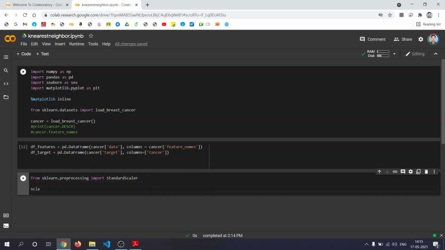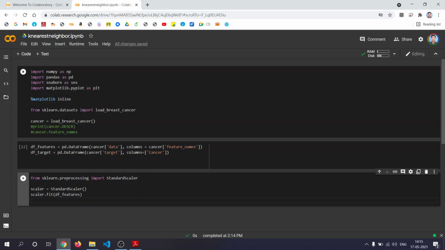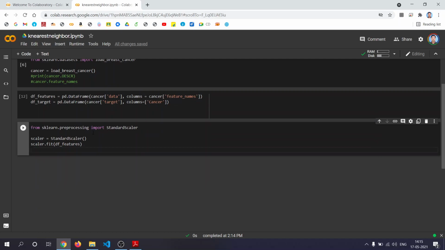Then you create scaler equal to StandardScaler, and you fit your data, scaler.fit on df_features.